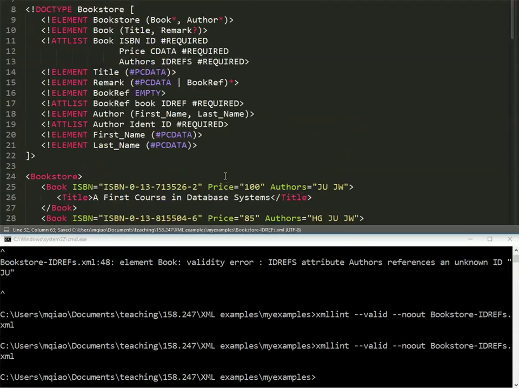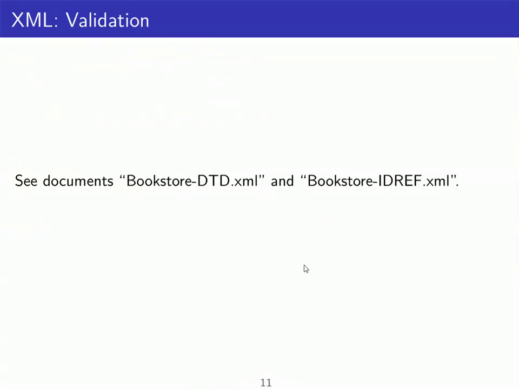I think that will be all for this ID ref experiment. Okay, so as we can see that